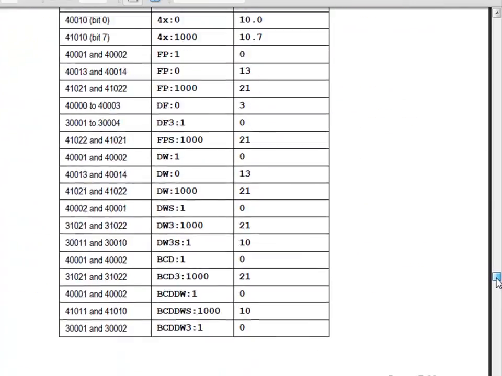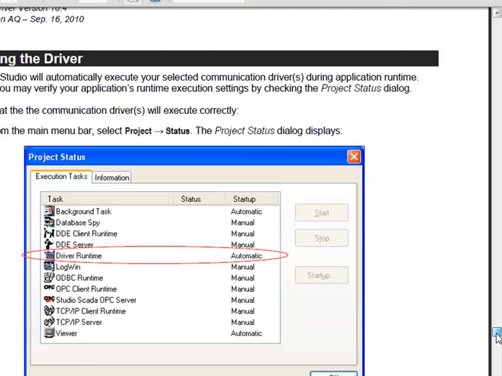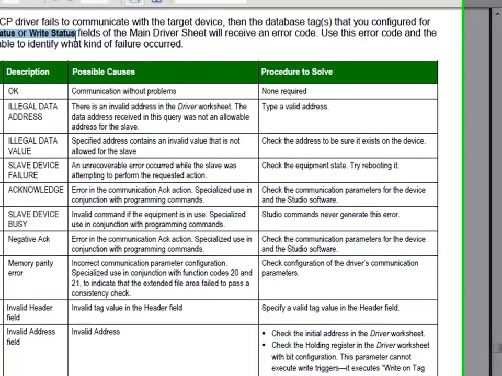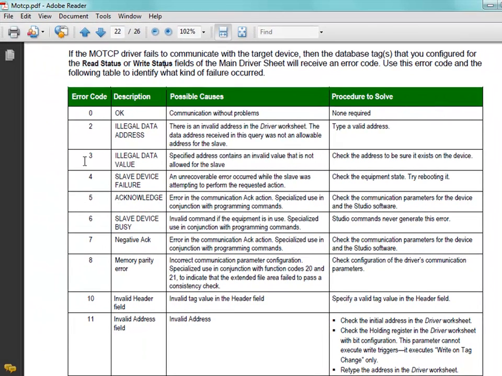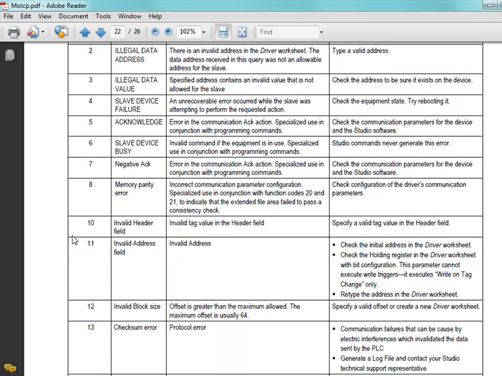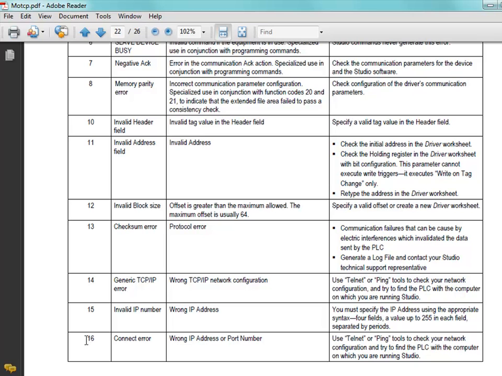And then we'll go down into the troubleshooting section down here, where the read status and write status fields will report back these error codes. And this is different for different PLCs and protocols. These are often sent back from the protocol itself. So these are sometimes negative numbers, positive numbers, and they're all over the ranges. Sometimes you'll get an error code 16 or maybe even a 15,